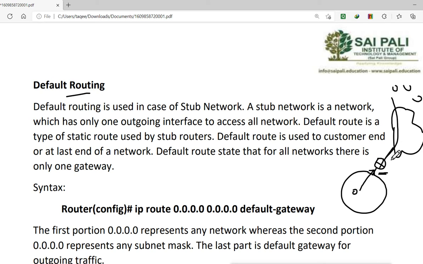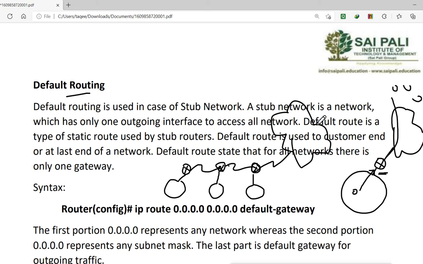Or let's say we want to connect to the internet here, at the end of the router. That means in our organizations we have different departments, and each department is divided into different subnets, and we connect them together through routers. So we have different departments connected through the router. This is our own premises, our own organization. Now this will be our end router, that means after that this router is connected to the WAN or internet.